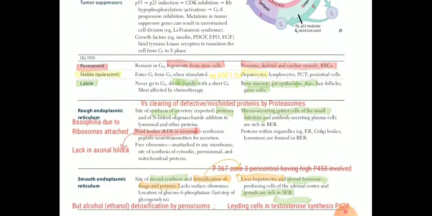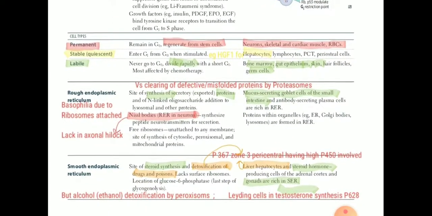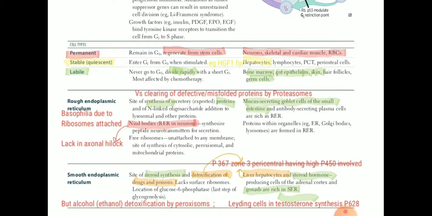Then coming on to the two important organelles, we'll cover just two because they are overlapping: the rough endoplasmic reticulum, RER, and the smooth endoplasmic reticulum. We know the difference between both. Rough endoplasmic reticulum is rough because of the presence of ribosomes, and ribosomes synthesize protein. This is often asked. Another MCQ asked is clearing of defective or misfolded protein. It is by the proteasome. So either ribosome or rough endoplasmic reticulum for synthesis, and prefer ribosome over rough endoplasmic reticulum. And for clearing, which is the opposite function, it is the proteasome.